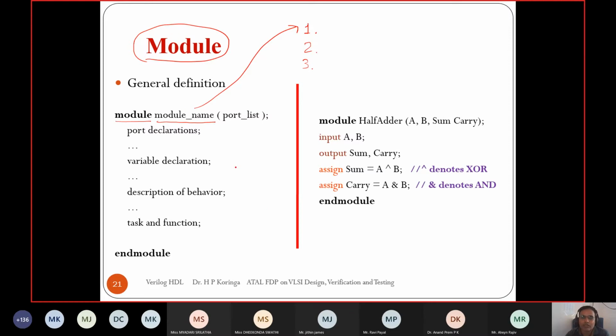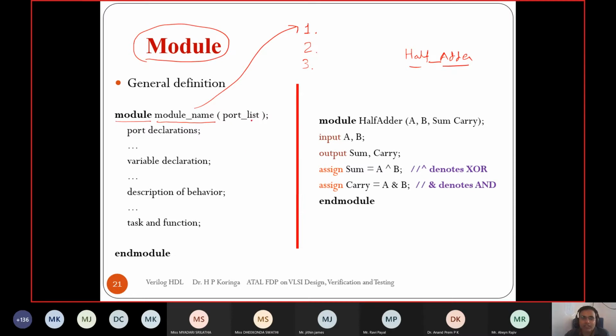Suppose I have the half adder module, I cannot write half, space, adder, because that is two words. I can write half underscore adder, or combine it as halfadder. So these are the three things to remember when specifying the module name of any Verilog design.